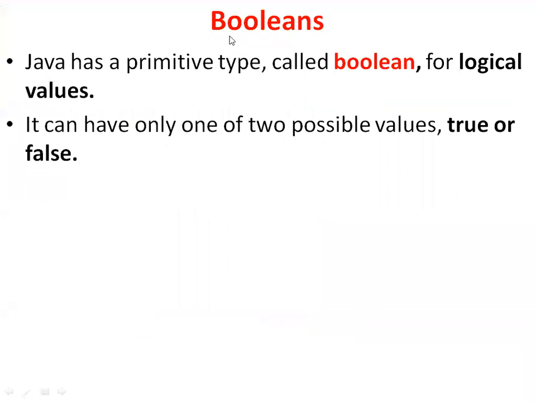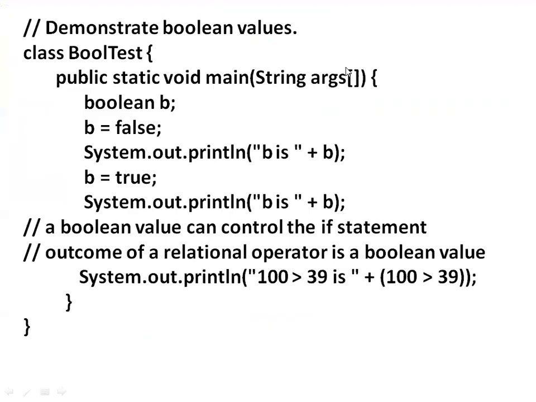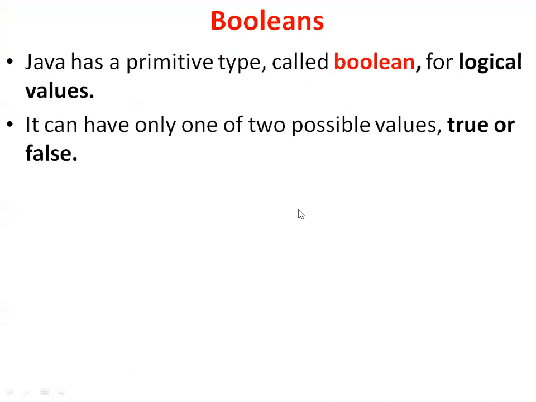Then the last type is Boolean. We have a Boolean primitive type for logical values. Logical values means either true or false. These are the two possible values we can store in this Boolean type. Generally, where do we get these Boolean values? When we check a condition, for example in if statements, it finally evaluates to either true or false. In such cases, we can use these Boolean types. It returns this Boolean value, true or false.